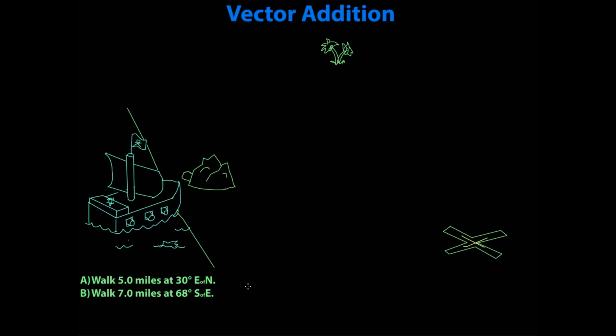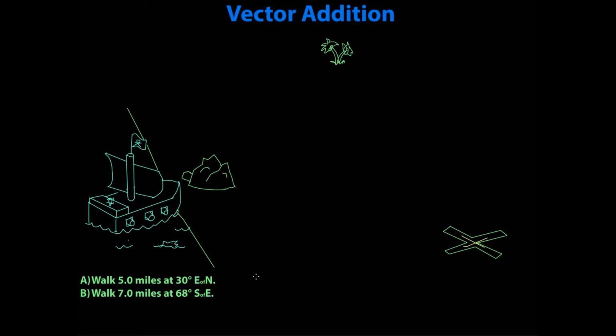The first direction is to walk 5 miles at 30 degrees east of north to get to the palm trees. Then he has to walk 7 miles at 68 degrees south of east to get to the treasure. X marks the spot. However, Bluebeard is getting a little old, and he does not want to walk this far